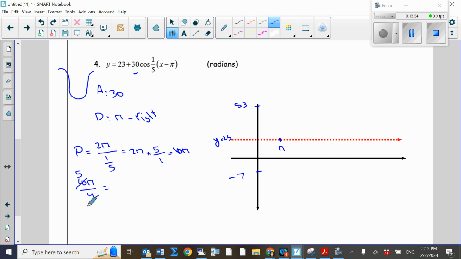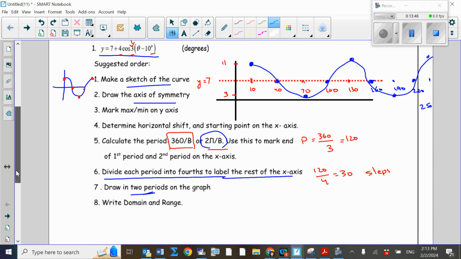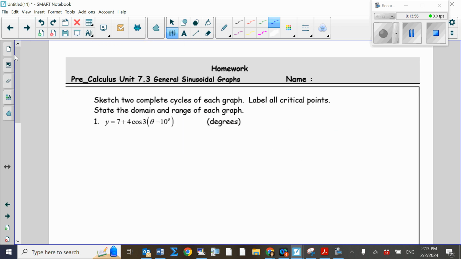And 4 divided by 2 is 2. So this is 5 pi over 2. These are the steps between the critical points. Okay, now we're almost close to being able to graph the function. We're going to draw the two labels. How? By finding the critical points from here, by finding the steps, using the steps to find the next